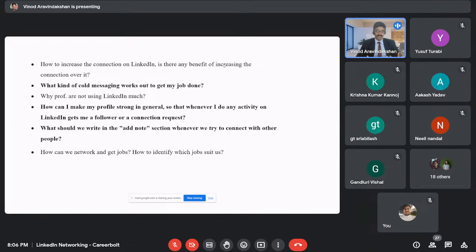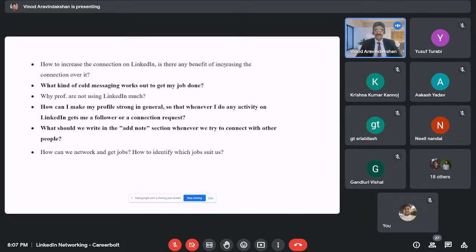For example, if there's a very senior person, don't assume that the person will not connect with you on LinkedIn. It's okay for you to try to connect, and there's a chance that they may accept the request and be in touch with you. There are a lot of folks who are interested in building up their LinkedIn connections too. So I think you have to do the homework from your end,